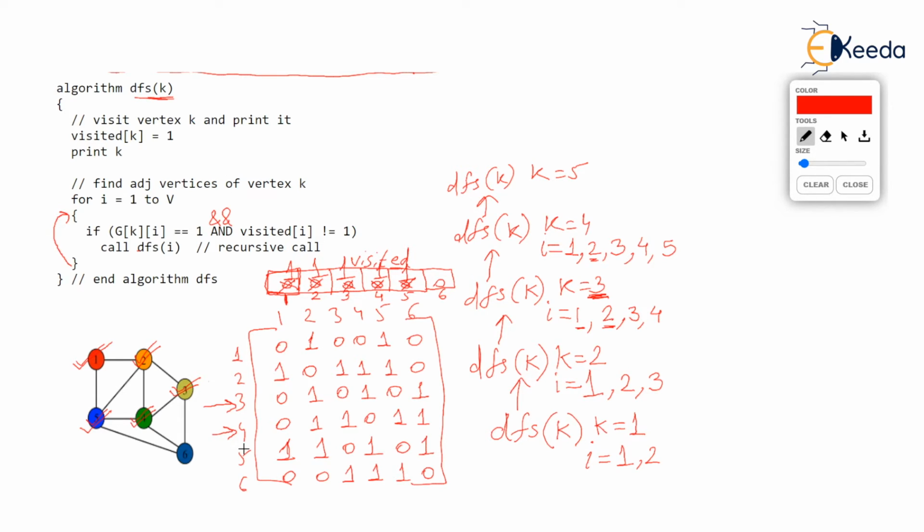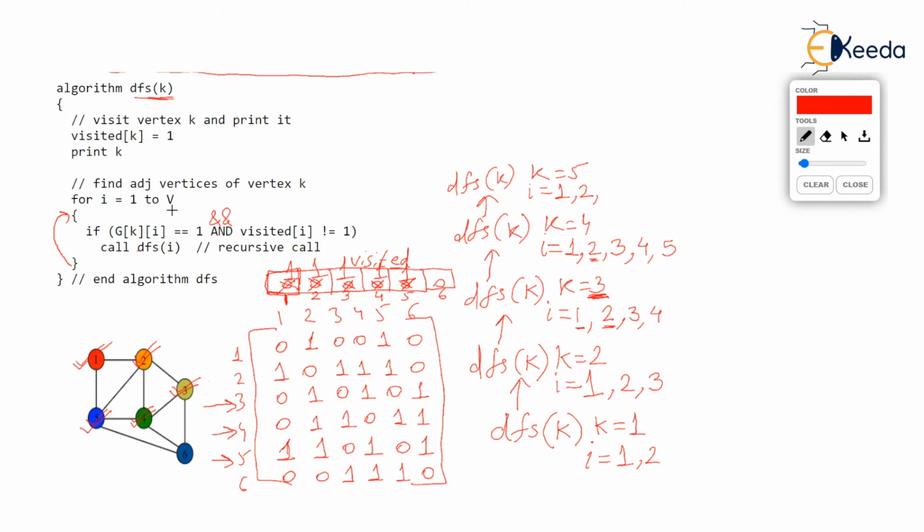For checking the adjacent vertices of 5, we will be in the fifth row and we will go through all columns. So we start a fresh loop again where I goes from 1 to 6. In the procedure DFS(k), k being 5, I start I with 1. Let's ask, is k adjacent to I? Is 5 adjacent to 1? Check the graph. Yes, it is. But 1 is already visited, so no use. Repeat the for loop. Is 5 adjacent to 2? Yes, it is. 5 has an edge to 2. But no use. 2 is already visited. So the second condition becomes false in the if.